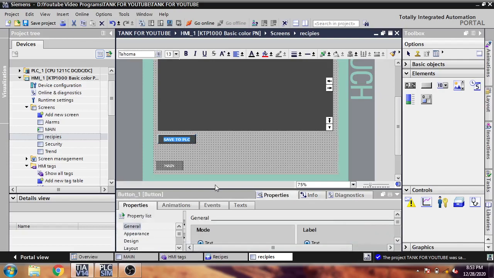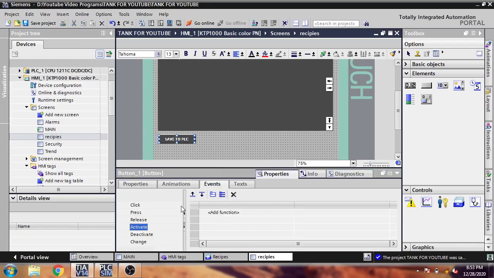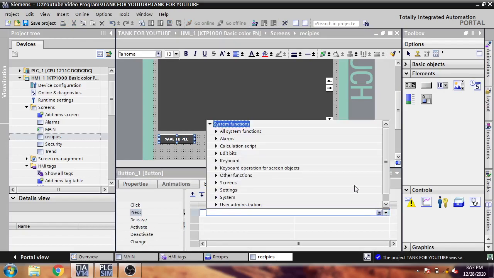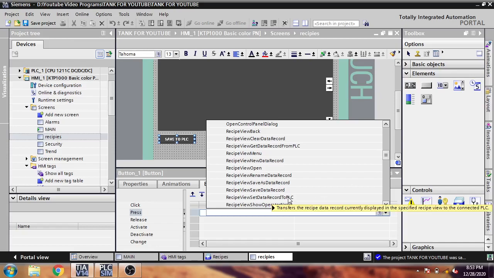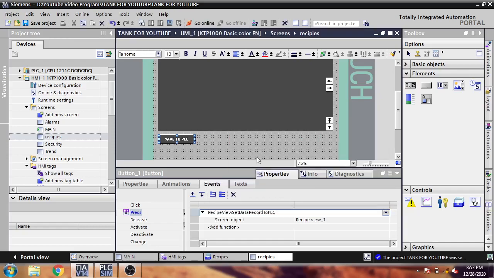First of all, I'm going to events, going to press, and all functions. So let's see. You will see save data record to PLC.